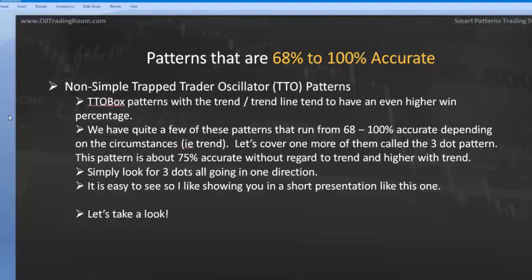And so I'm going to cover another one for you here called the 3-dot pattern. I like to use the 3-dot pattern to show you because it's just really easy to see it. You just, wow, it just sticks right out in your face. Now, the 3-dot pattern is about 75% accurate without regard to the trend, and a little bit higher with trend. So same thing, right? So simply look for 3 dots going in one direction, and then you want to trade in the direction of the dots, because it's not just saying slow it, stop it, reverse it. It's kind of saying slow it, stop it, reverse it, slow it, stop it, reverse it, go, right? And I'll show you,